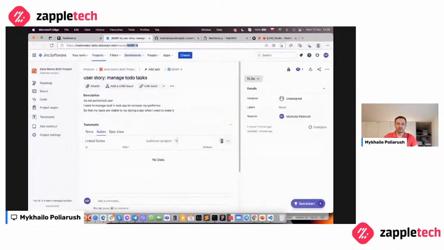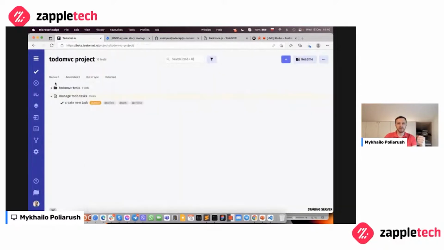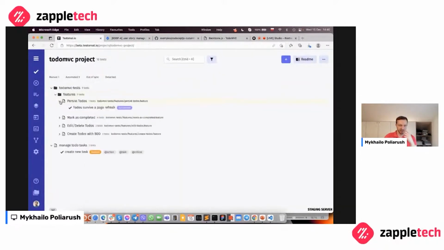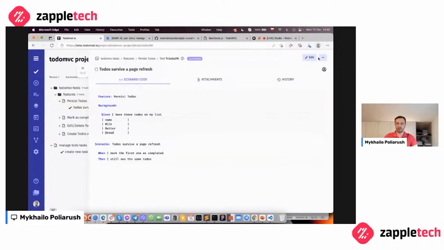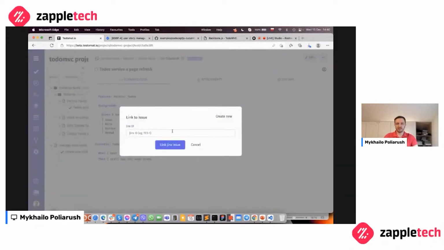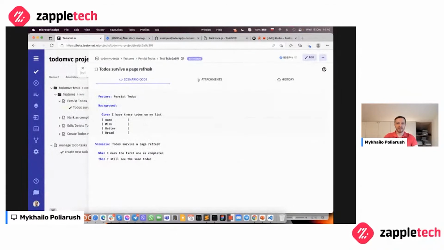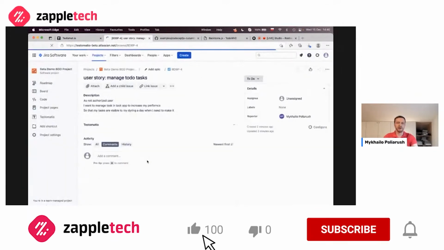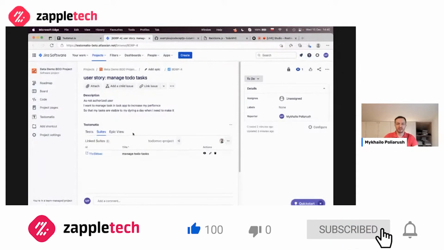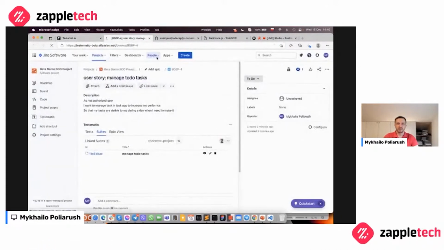Once it's done, let's just go here and we see that QA can link the manual test cases to the user story, right? If the test automation engineer or the test automation team has some test cases already in place, they can also attach some already automated test case to this user story. So we understand that your user story is covered by some manual test cases or by some automated test cases, right? Hold on a second, yeah. It should be there in a second, right? Once we have this,